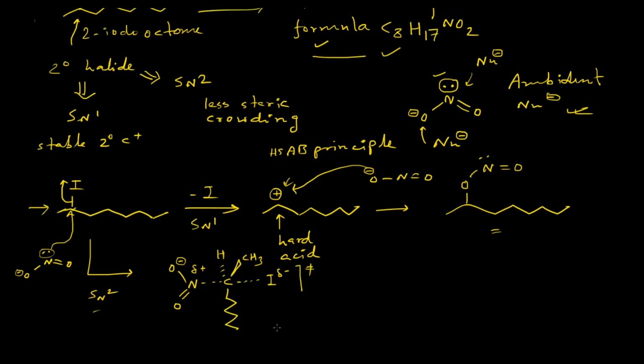So the transition state will look like this, and I have to draw the transition state for a particular enantiomer, because otherwise I cannot show the transition state. And since our starting material 2-iodooctane is chiral, but in the question no description is given whether it is R or S, that's why I have chosen a particular enantiomeric form to show only the transition state during the SN2 reaction mechanism.